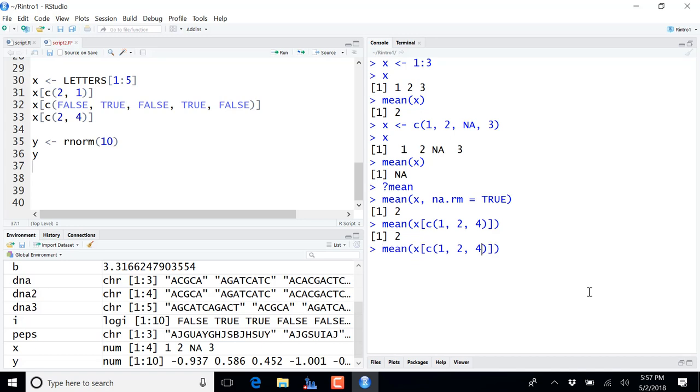Another one would have been to say -3. Negative indices means remove these indices. That's something new, so you couldn't have figured this out. So x -3 means all the elements of x except the third one. And the last one